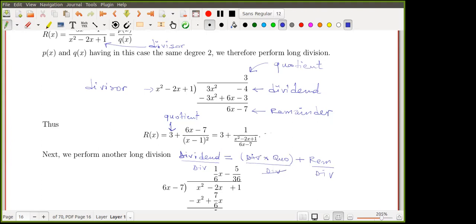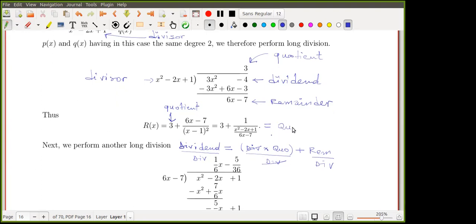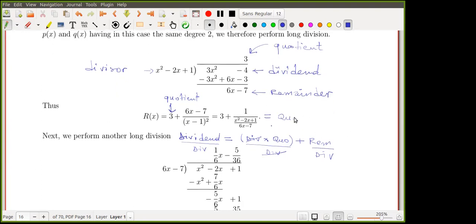So this will be equal to the quotient plus the remainder by the divisor. So what is the quotient here? The quotient is 3